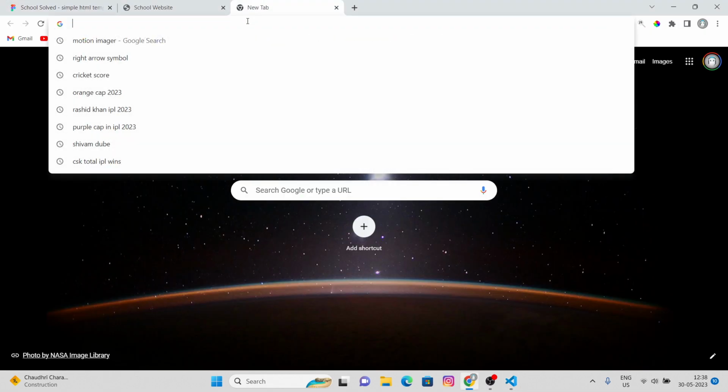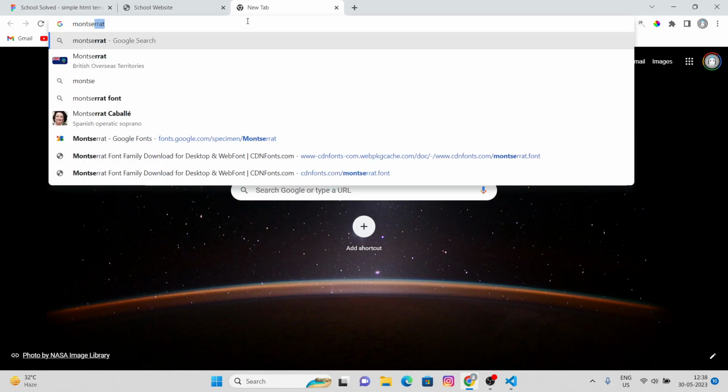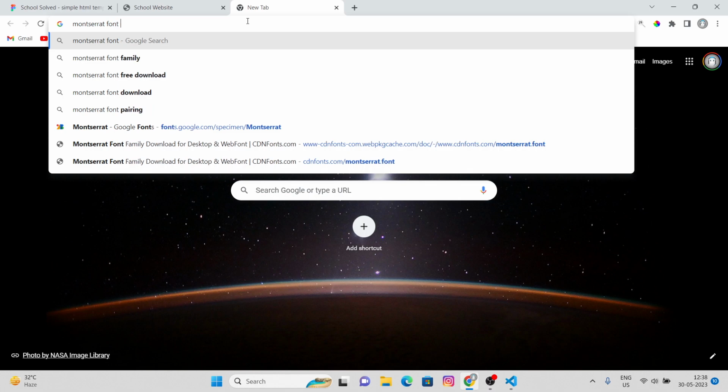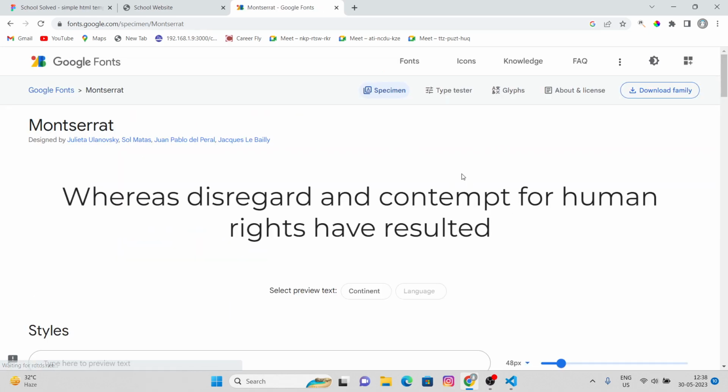So for that, maybe we can download the TTF file, right? I don't know what's the full form of TTF. It's type text font file, something like this. I don't remember, but or we can use a CDN for it. So I'm gonna use a CDN for Montserrat font CDN, right? So Google Fonts,